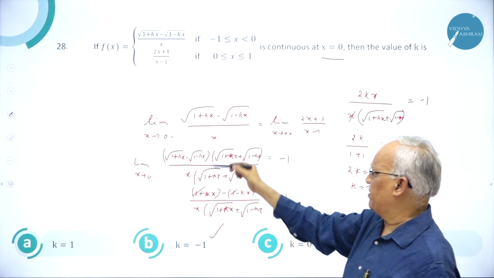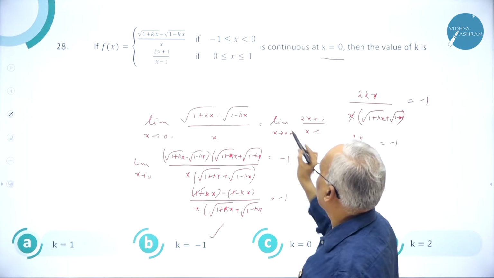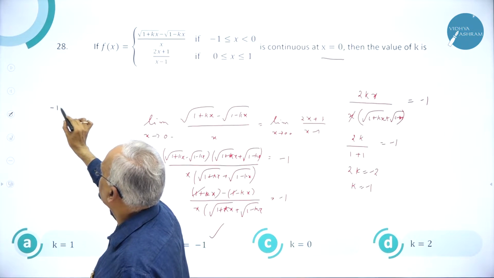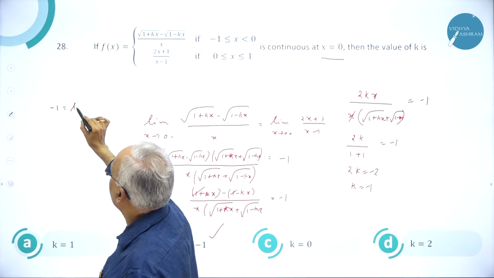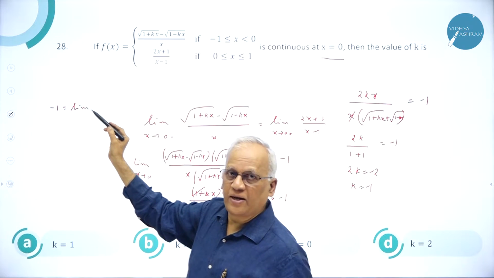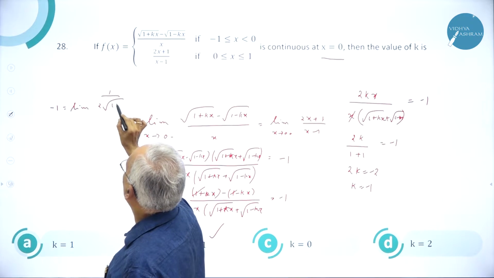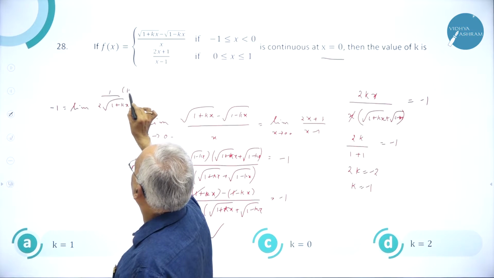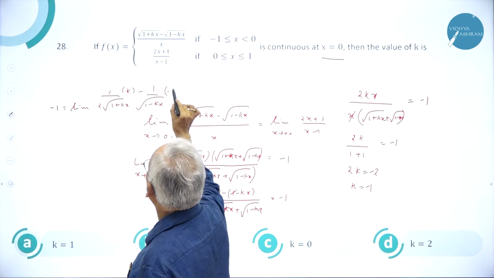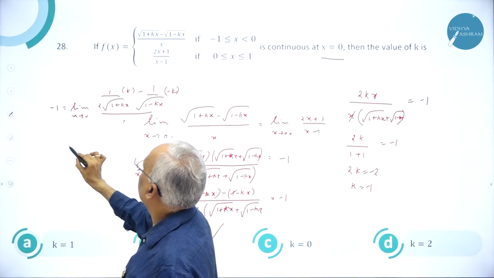So this is a waste of time according to me. Usually you rationalize and do it, but see how it can be done. Right hand limit, 0 plus: 1 by 0 minus 1, so I can write directly minus 1. Left hand limit is the limit of, see, if you put 0, it is 0 by 0, so you can apply L'Hospital's rule. Differentiate the numerator: it is 1 over 2 root of 1 plus kx into k, minus 1 over square root of 1 minus kx into minus k, divided by the derivative of x, which is 1, as x tends to 0. Now the job is over.